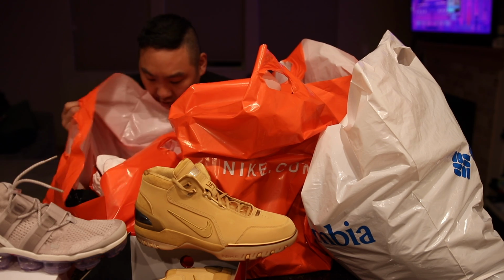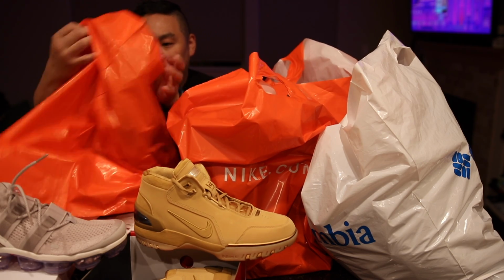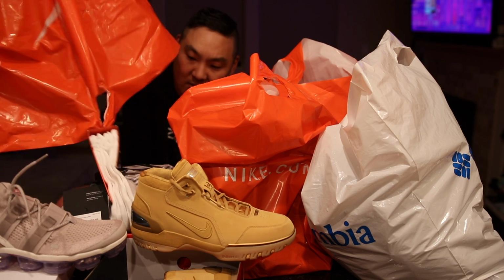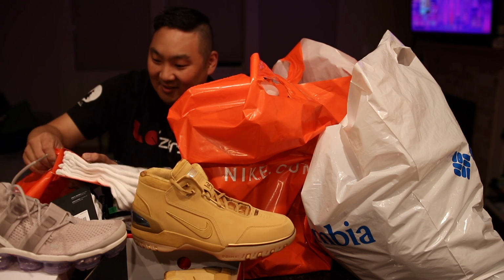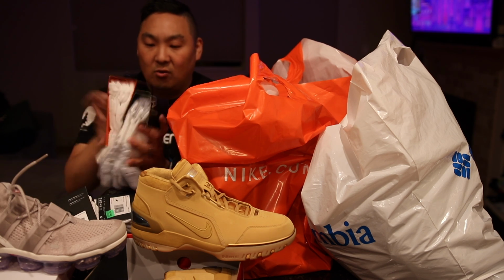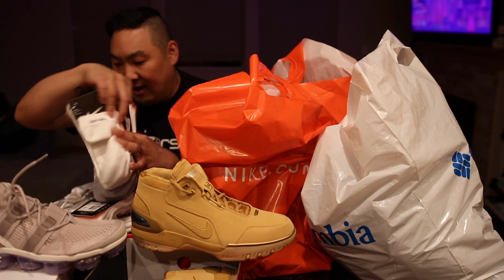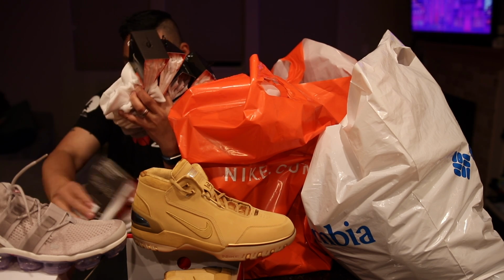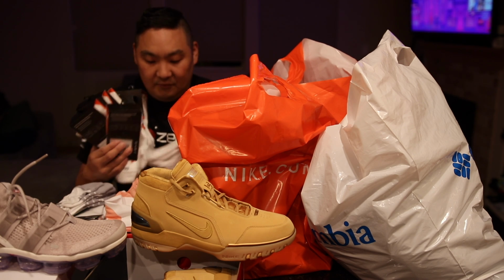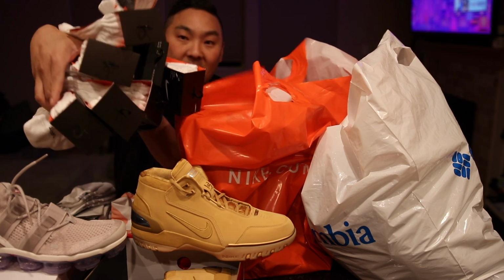But let's go ahead and show you guys what else we got. And here, I believe it's a whole lot of this. I do this like every time I go, I think. I go just crazy buying ridiculous amounts of socks. So I got a lot of socks. I'm going to try to replace my whole wardrobe of socks. So, other than the ones that I just got the last haul,